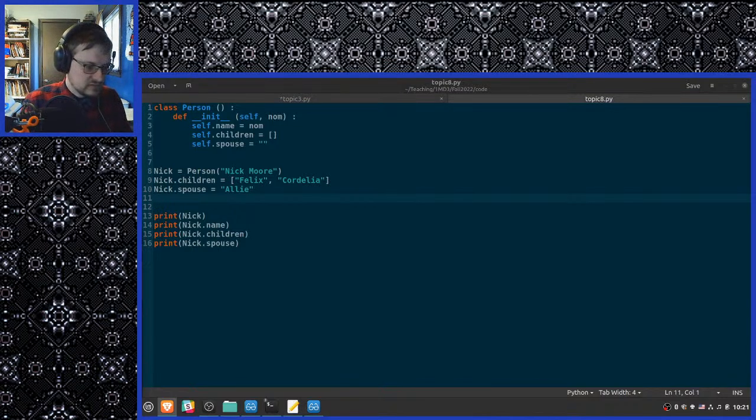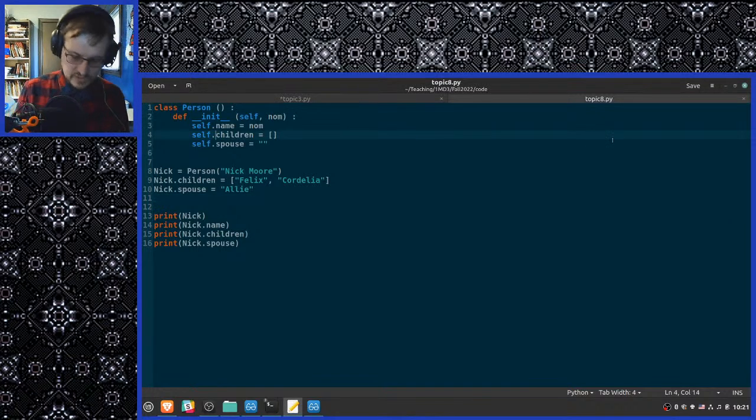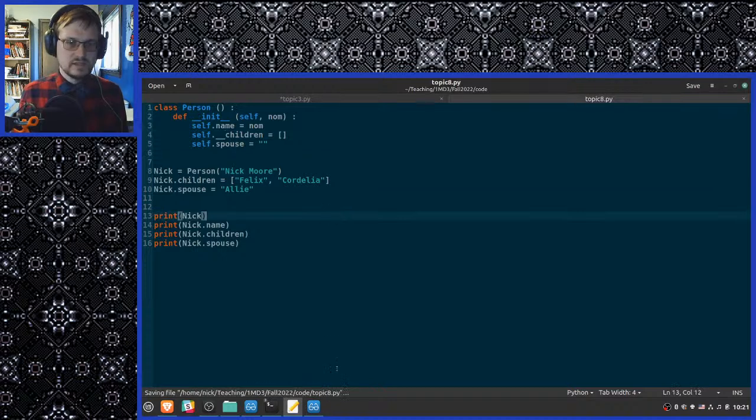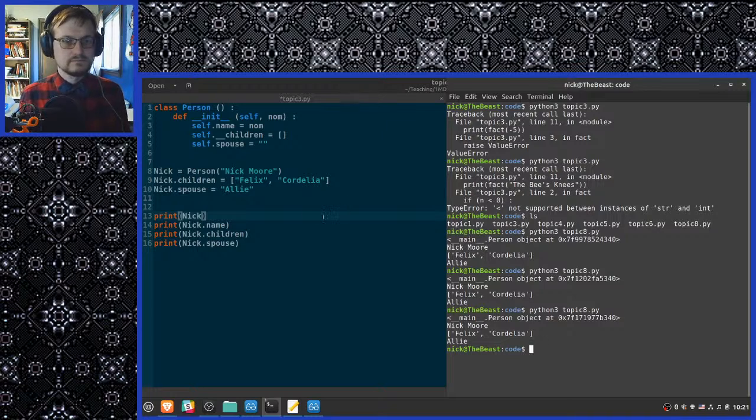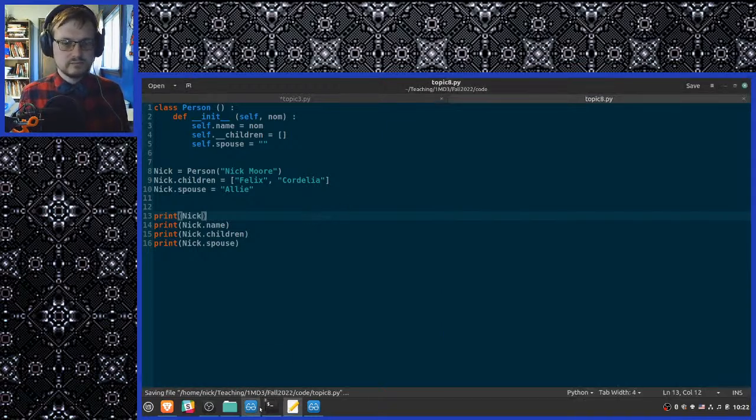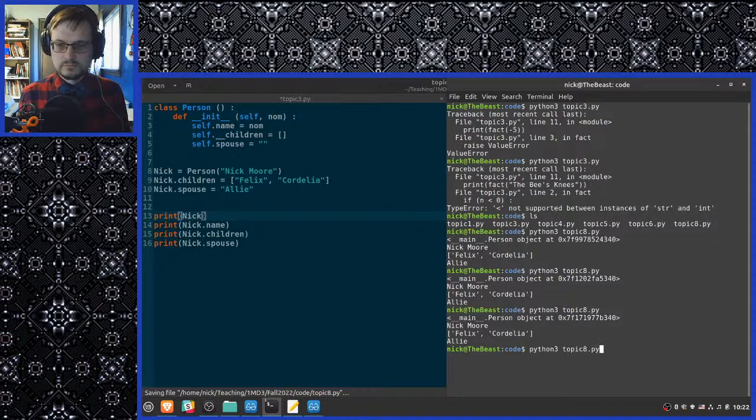Are all variables public in Python objects? Nope, you can lock them out and make them private. You have to precede them with two underscore characters. That makes them private. So we'll see how that works. Did I save that? You can see that